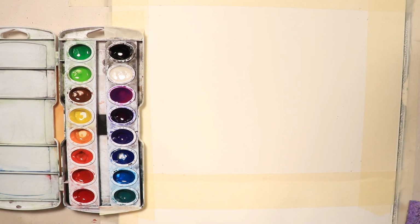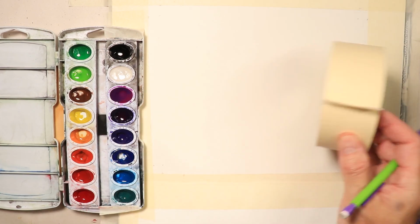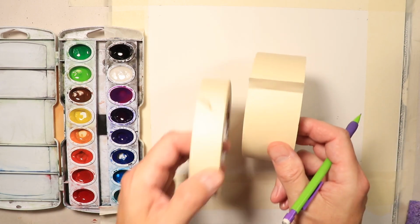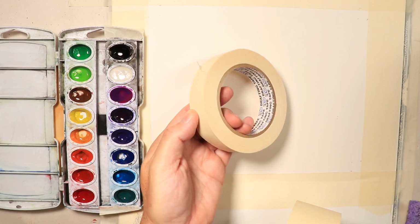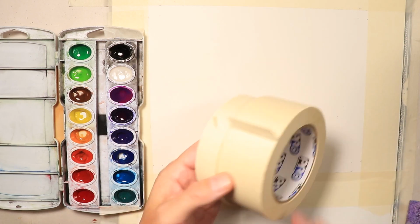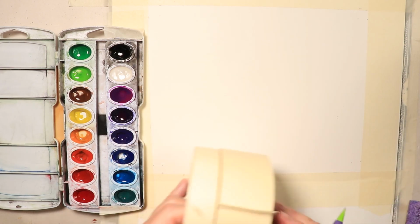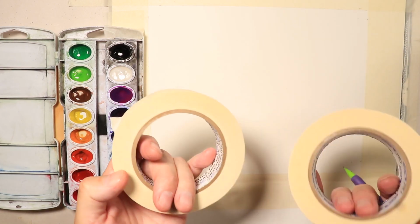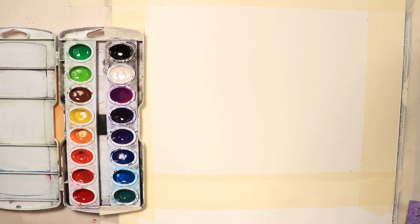And then I just put down my artist tape, pro artist tape. I use a couple different sizes. So I needed a little bit wider tape here. I use my pro artist tape 2-inch, I think, and this is a 1-inch pro art drafting tape. So I use drafting tape. Works great. Doesn't have a real strong sticking power, so when you lift it up, it doesn't tear the paper. So you'll be safe with pro drafting tape, or you can always use the painter's tape you can get at the paint store. The painter's tape they use for trim and walls, you can get that at a painting store or a big box hardware store